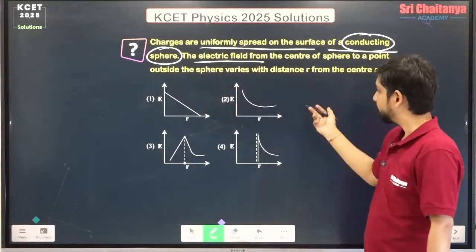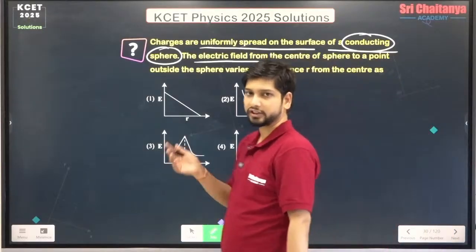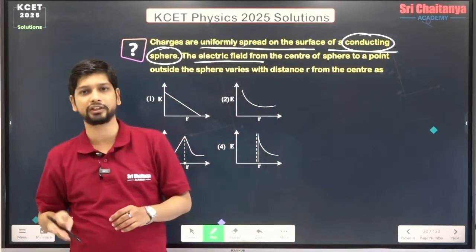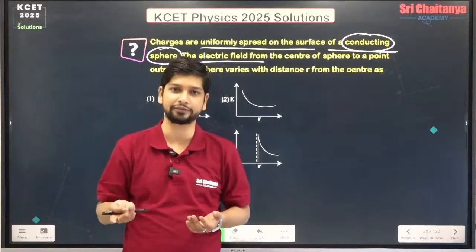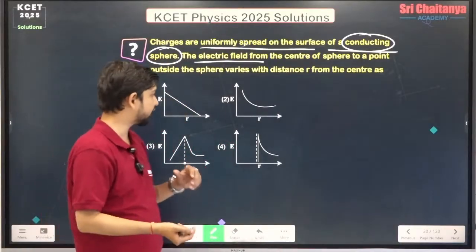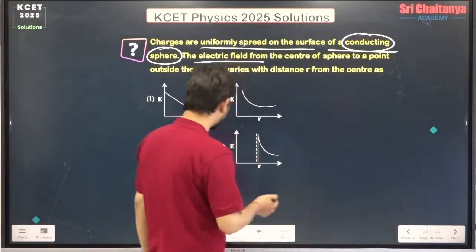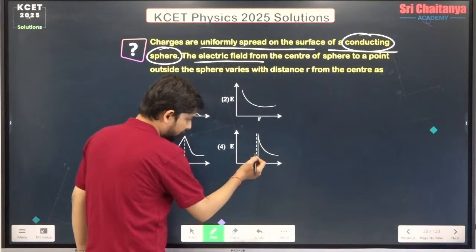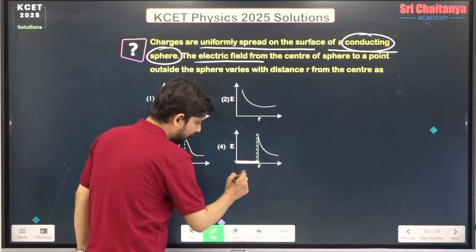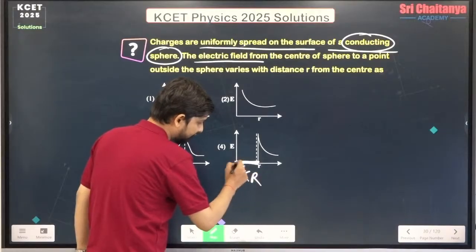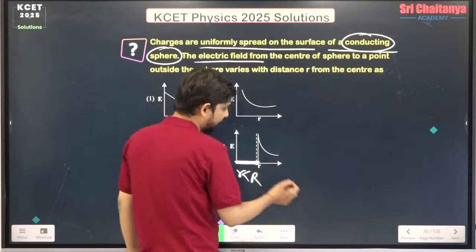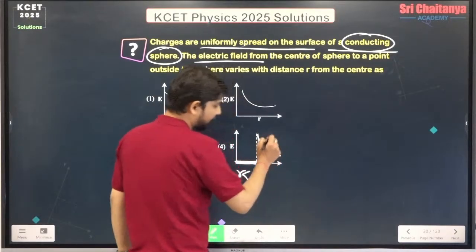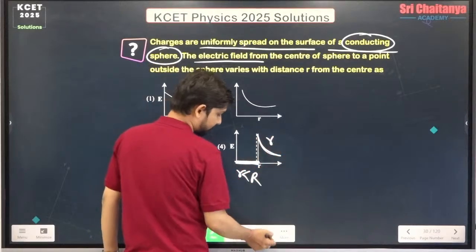So we know that inside the conducting sphere, there will be no charge. If there is no charge, there will be no electric field as well. So if there is no charge, no electric field inside the surface, obviously the correct option will be this only, because when r is less than R, the electric field is 0, and after that the electric field starts decreasing as